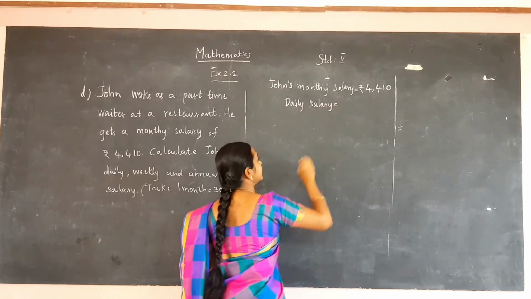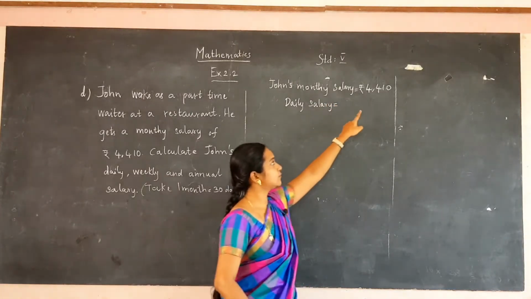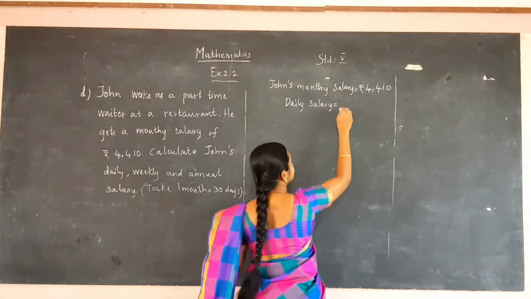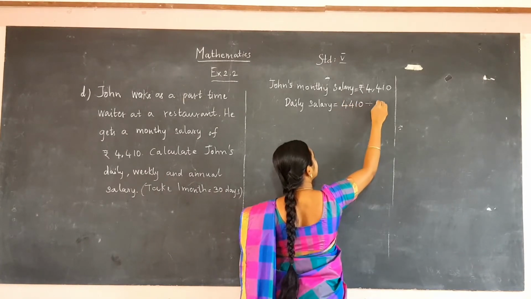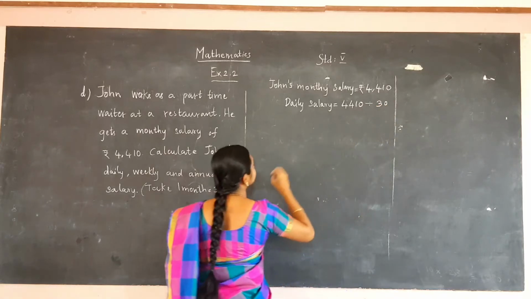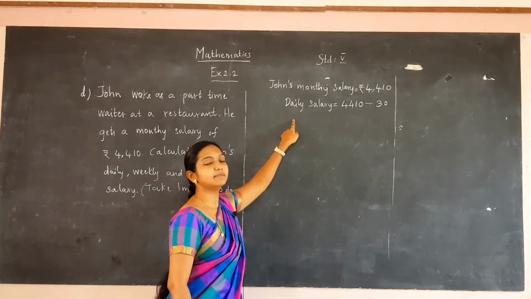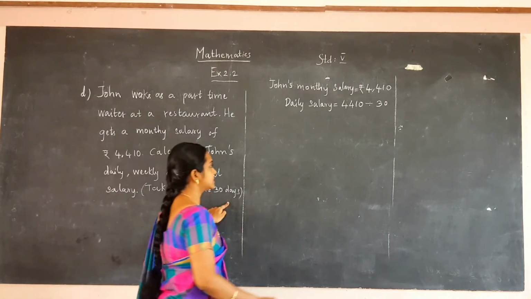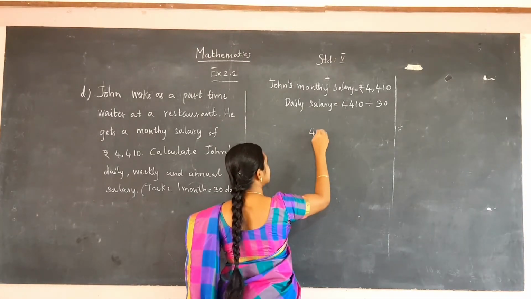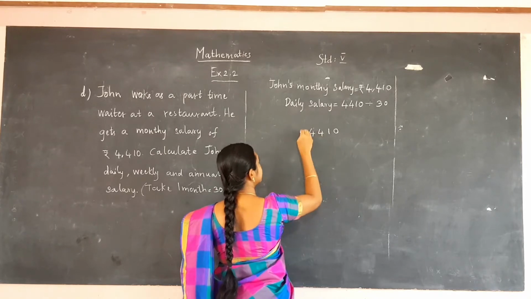Daily salaries, we have to divide 4,410 by 30. Because 1 month equal to 30 days. It is given as 1 month equal to 30 days. Now we are going to divide 4,410